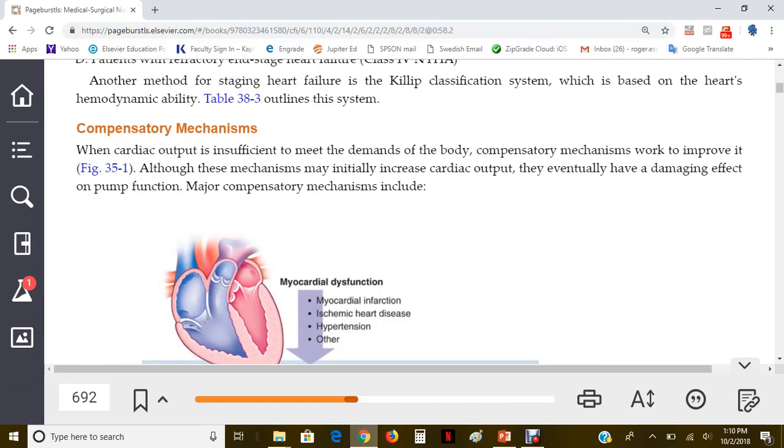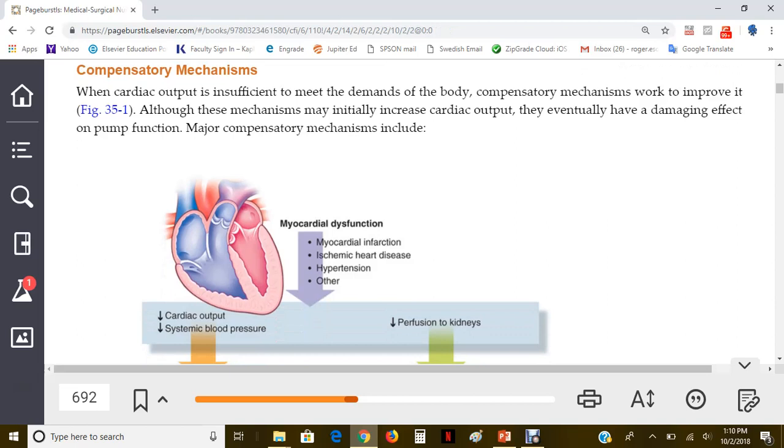Let us review compensatory mechanisms, because these will affect significantly the patient's ability to compensate, and will also be the basis of not only your signs and symptoms, but also the treatment that you are required to give. Now, you may remember this in chapter 11, wherein you have natural compensatory mechanisms. The triggers, I believe, were low blood pressure, low blood volume, low oxygen, and low sodium levels. Now,